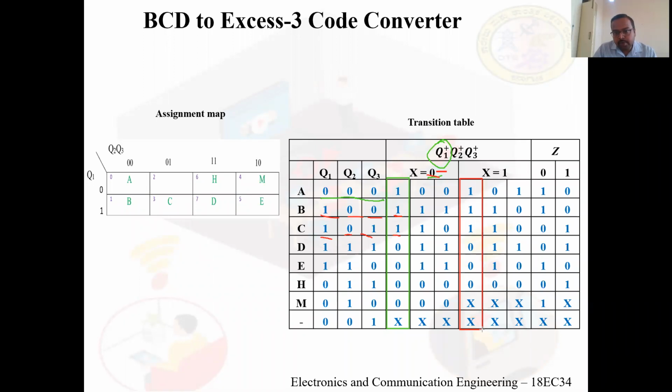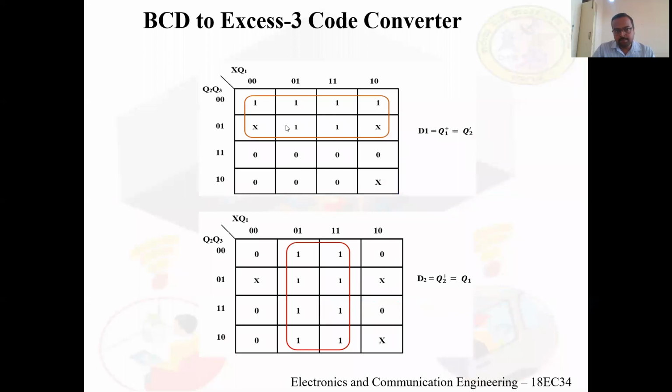These are the values you need to substitute in the K-map. Do the same for Q2 plus and Q3 plus when x is 0 and x is 1; you can directly get them from these columns. You get 8 values here and you get 8 values here. Right? So you have 16 values for the 4 variable K-map. Substitute here and go for this grouping. This is nothing but what? 0, 0, 0, 1. So what we have here is Q2 bar.